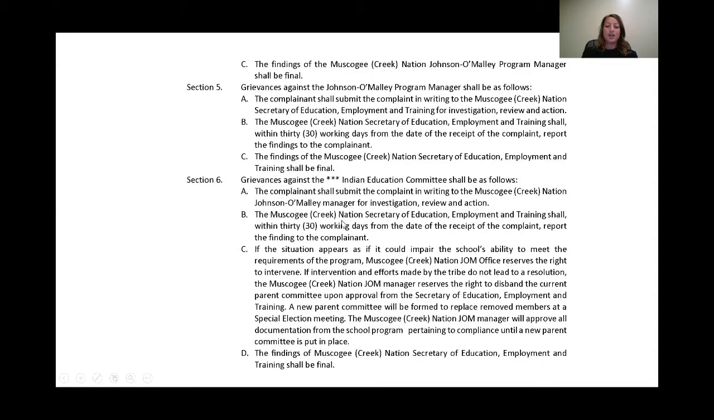The findings of the JOM manager shall be final. In Section 5, the grievance against the JOM manager shall be as follows. A written complaint shall be submitted to the Secretary of Education and Training for review and action. Within 30 days, the Secretary of Education and Training will report findings to the complainant. The Secretary of Education and Training